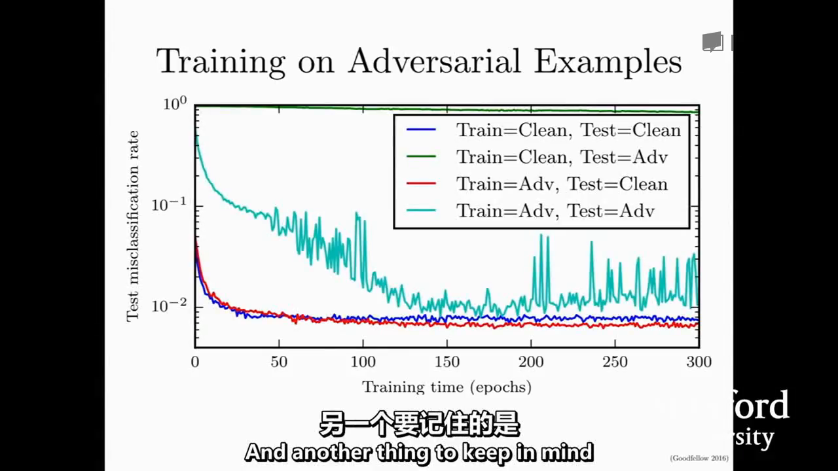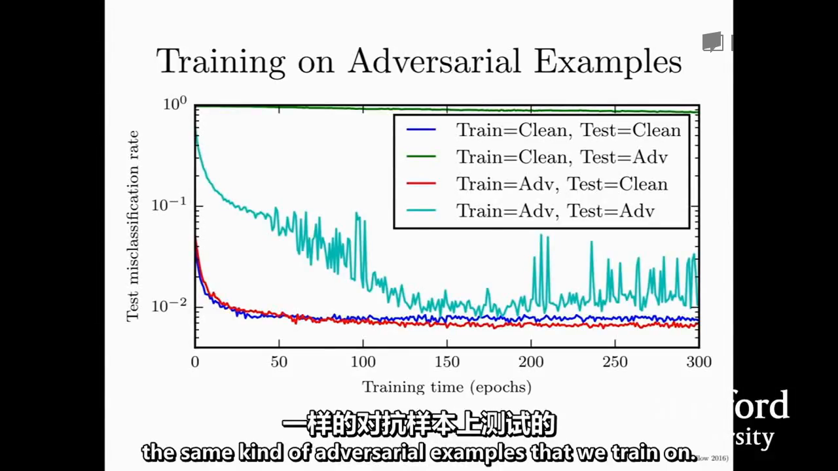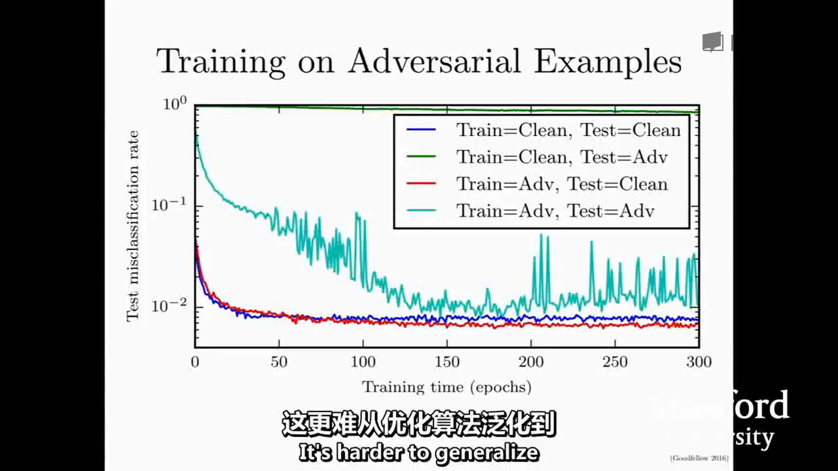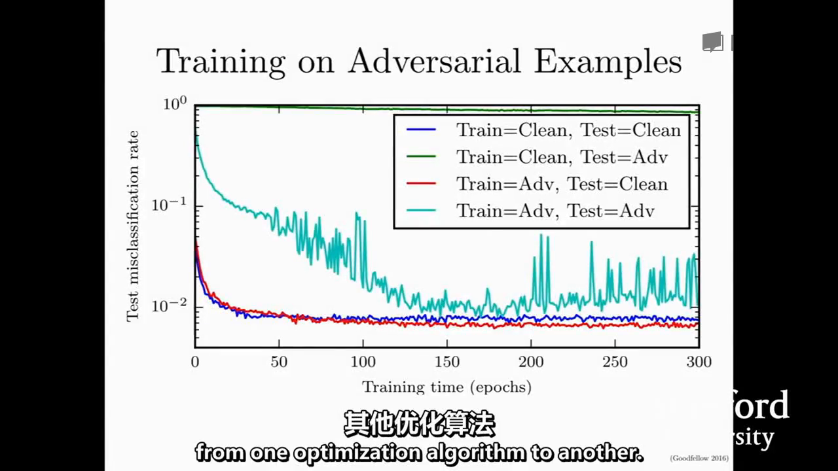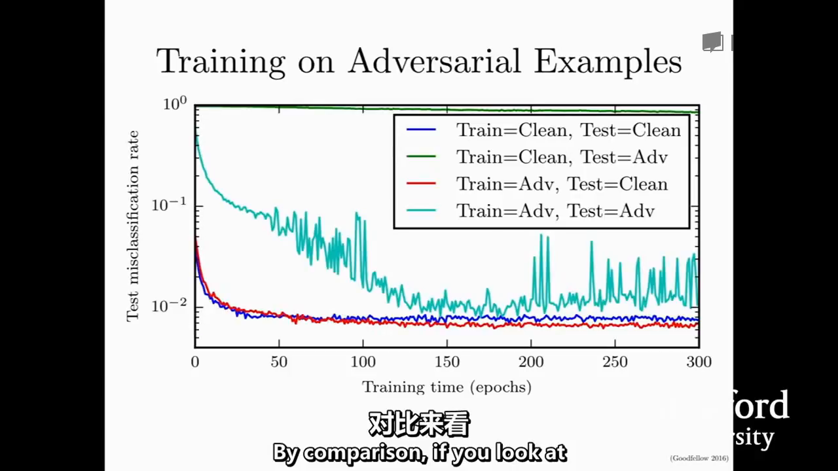And another thing to keep in mind is that we're testing on the same kind of adversarial examples that we train on. It's harder to generalize from one optimization algorithm to another. By comparison, if you look at